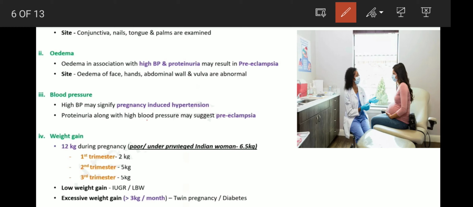So weight gain, there is an ideal weight gain. A pregnant woman's weight should also be checked during every visit. So the weight has to be taken during the first visit, and the registration should be treated as a baseline visit, so that we can have a baseline for the visit. So we have to make sure the weight is checked in the first visit.